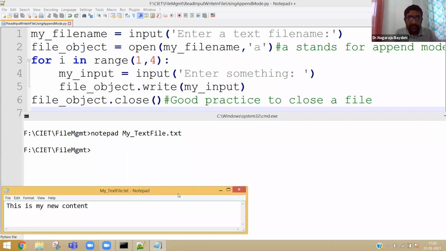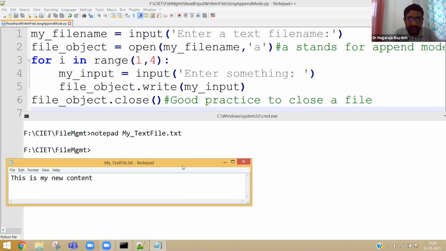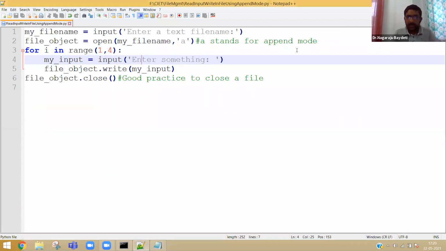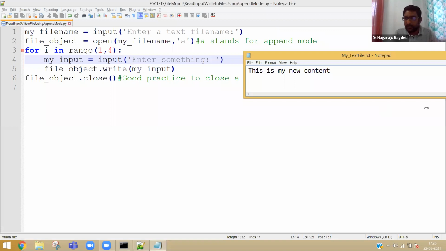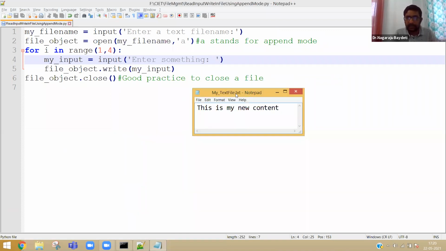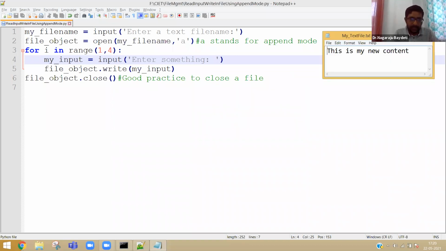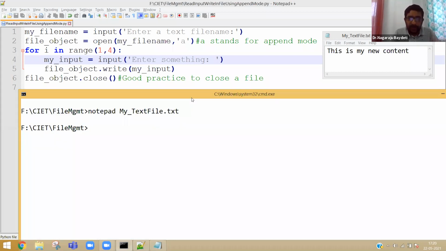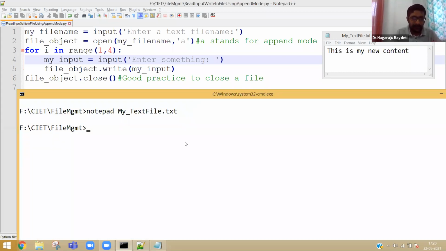Already one content is there. This is my new content. It's already there. Now, let me use the same file in append mode. I believe that you guys are able to understand why I am keeping this on the screen, so that I can also explain to you. The right hand side corner is before executing the program.